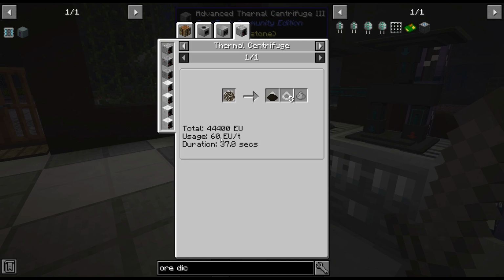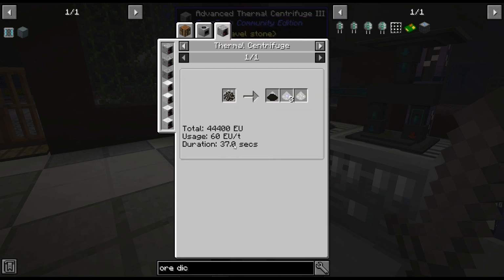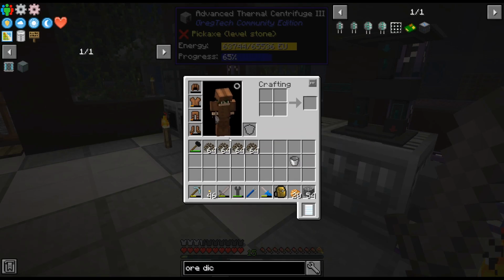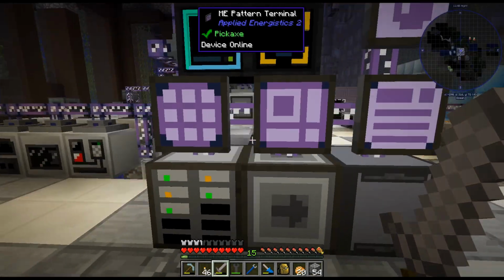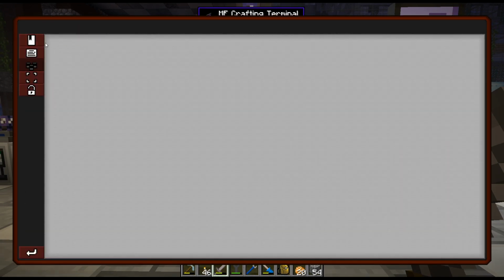Like this is only 37 seconds. That's crushed, but yeah, 37 seconds, I guess, crushed and purified. Whereas oil sands is 98. So even though this is like a higher tier metal, I guess, if that is what you want to consider it, it is faster. But yeah, basically we are looking at...